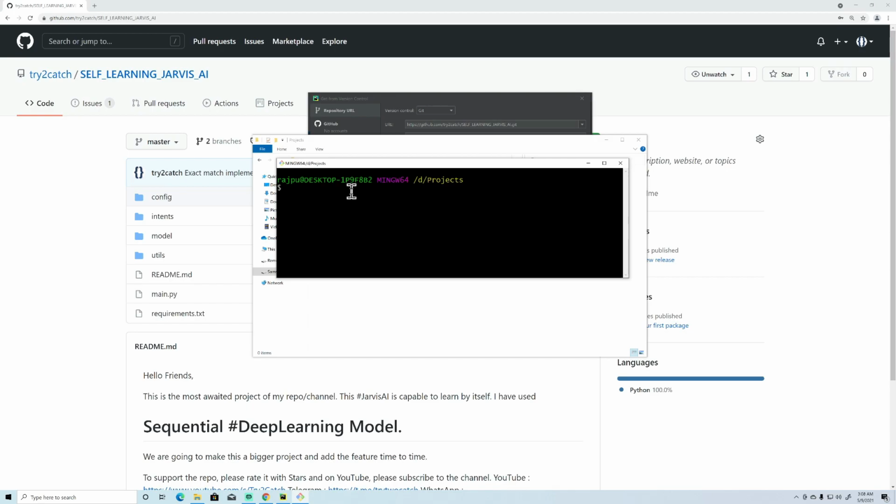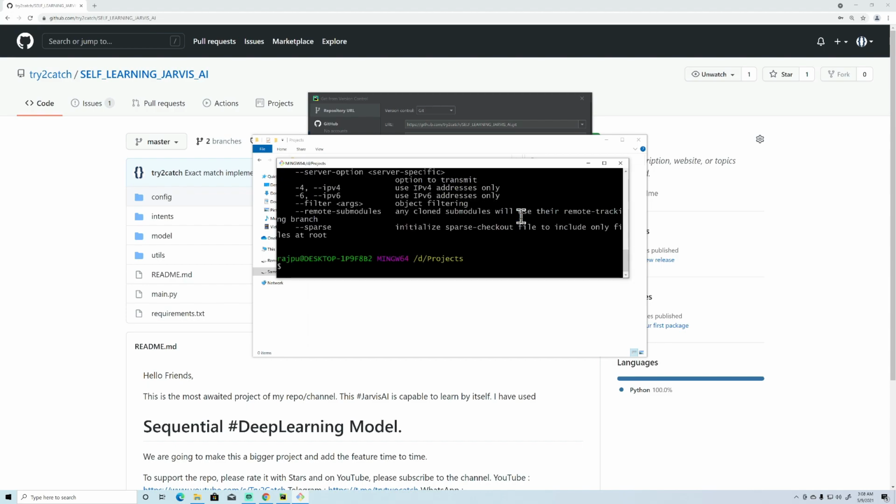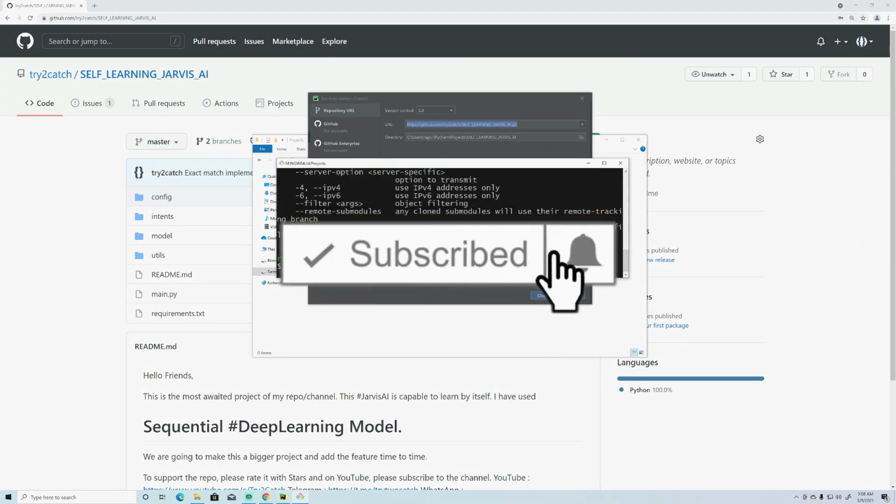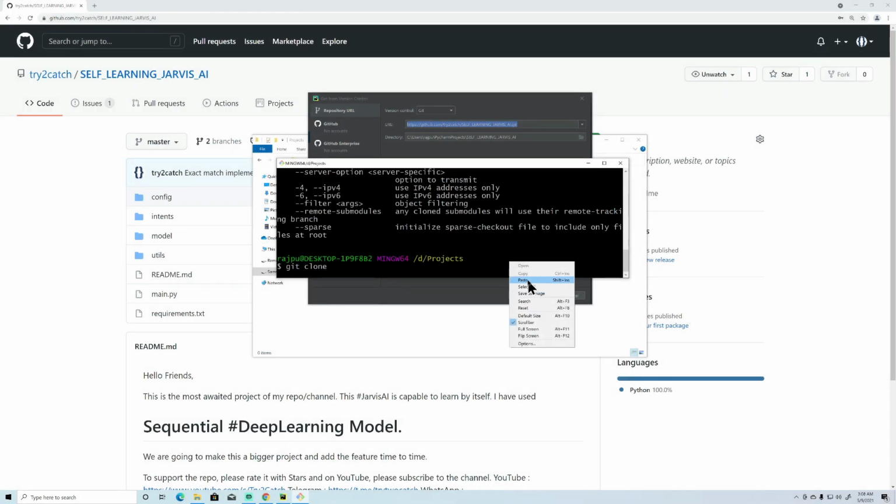Okay, so now what I need to do is git clone and just paste that URL here. Okay, that URL is not pasted. Why? Let me check that. So just copy this, git clone, and then paste.